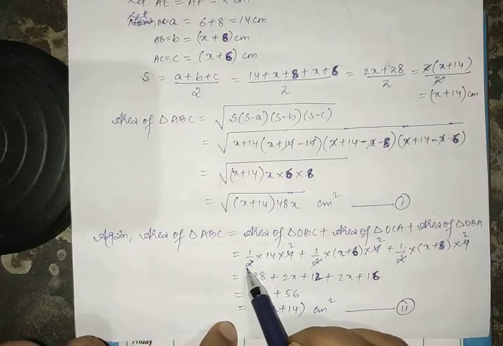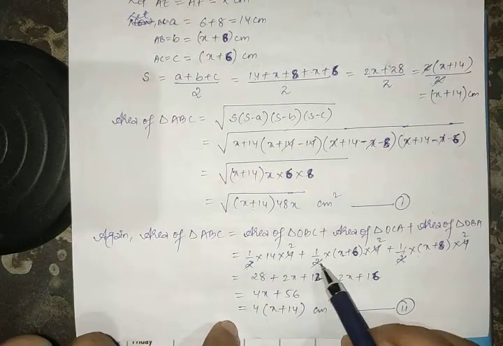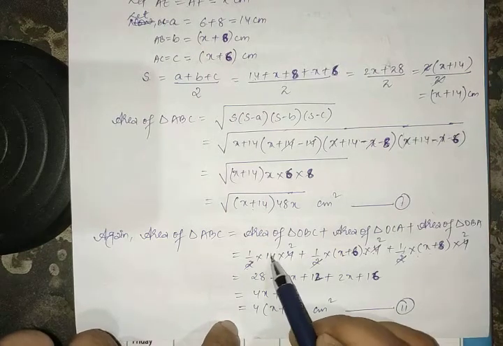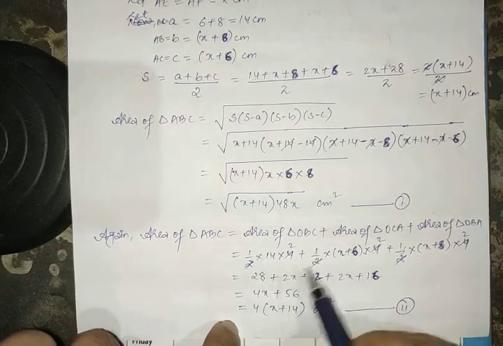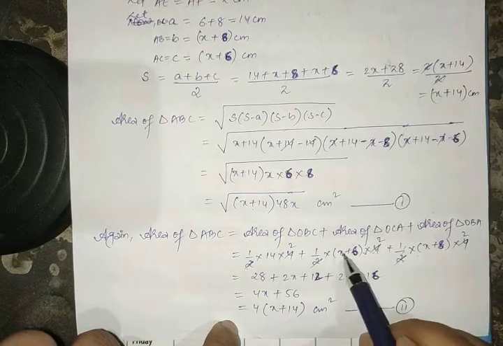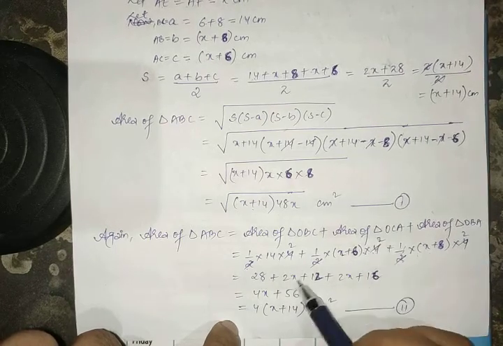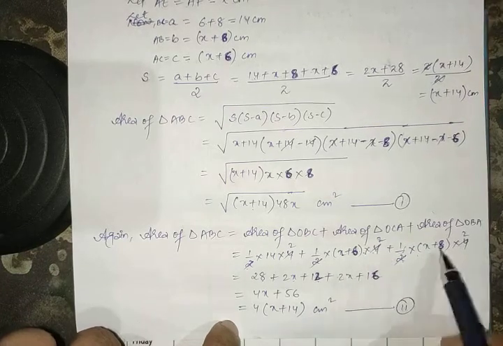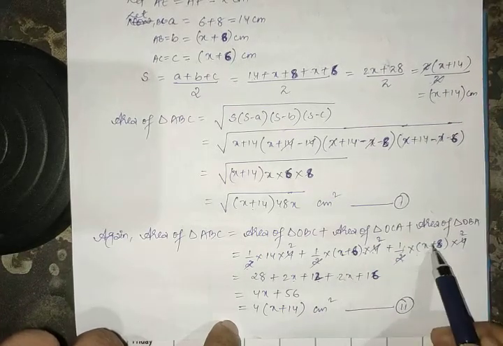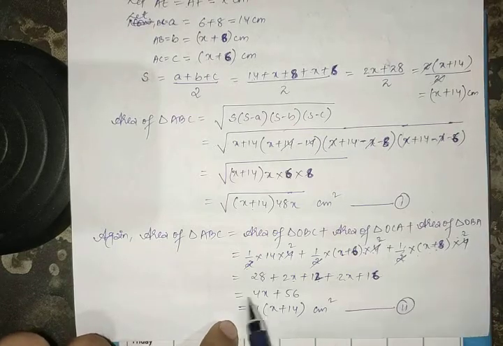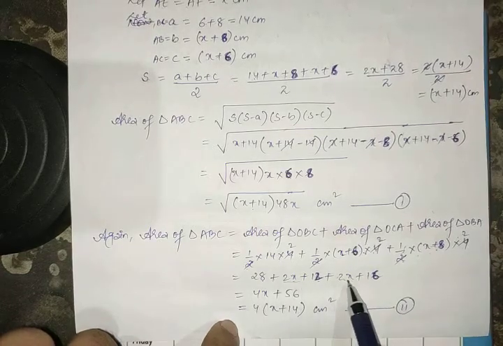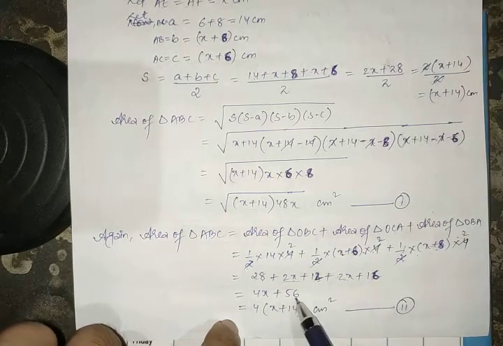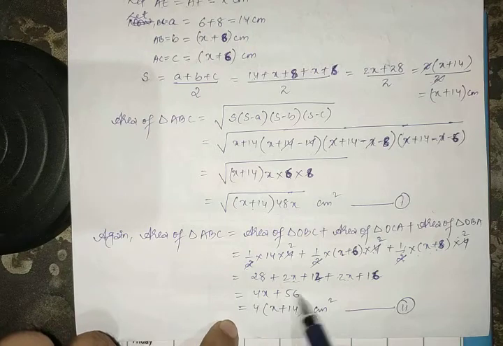Then we can cancel here, 2 2s are 4. Okay, here also you can cancel, 2 2s are 4, here also 2 2s are 4. So what we are getting, 14 into 2 is 28, plus, so here I have multiplied with 2, okay, this bracket part, x plus 6. So 2 into x is 2x, plus 2 6s are 12, okay, and plus 2 into x, 2x, and plus 2 8s are 16. So after that 2x plus 2x is 4x, and then 28 plus 12 plus 16 is 56. Okay, so 4x plus 56.